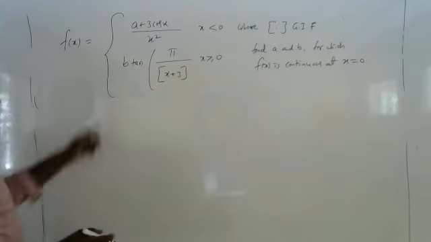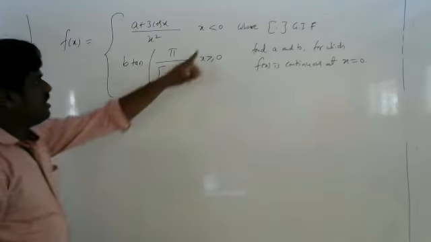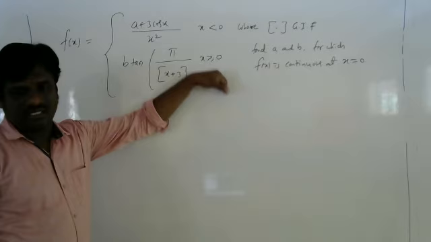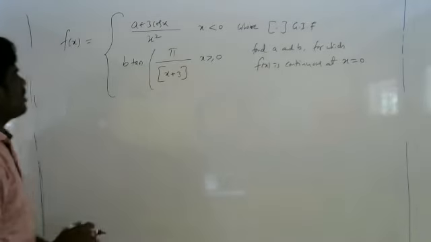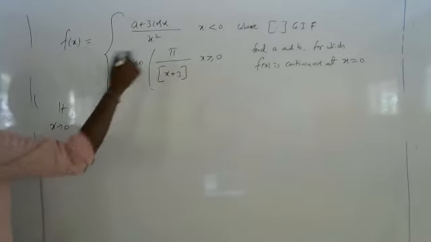So if I want to know this one, what I do here, I go for left hand limit, right hand limit, because here not equal to 0 is not given. Whenever not equal to 0 is not given, in this case greater than, less than is given, na? Left hand, right hand we have to go. Okay, so here limit extending to 0 minus.